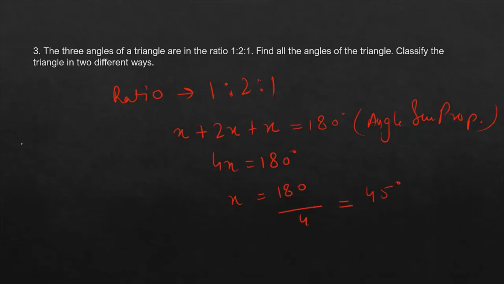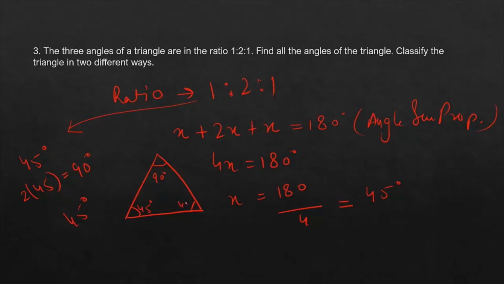If the value of x is 45 degrees, then our first angle is 45 degrees. The second one is 2x, so we have to multiply 2 by 45, which means that is 90 degrees. And the third angle is again 45 degrees. So if we know that two of the angles are the same and the third one is double of it, then we can say that this triangle is